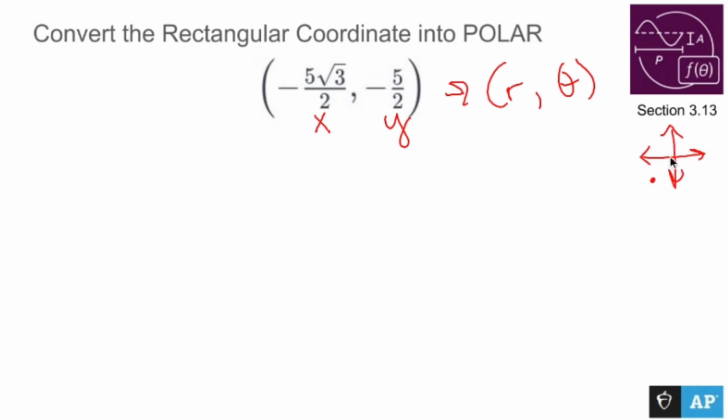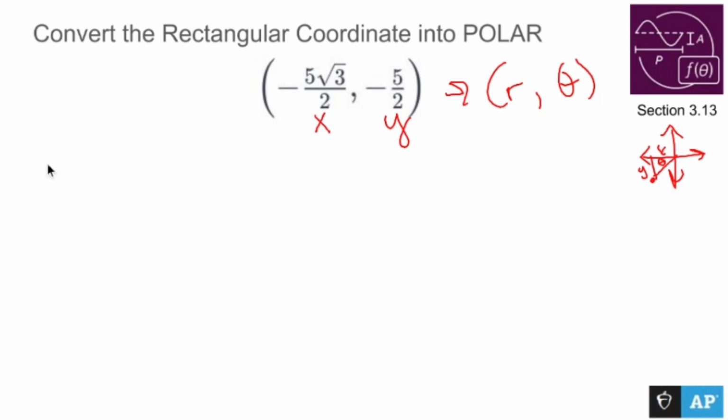What I need to figure out is, if this is my x value right here, that point's going to be over here, and it's going to be x units away. That's going to be y units down there, and my job is to find some type of theta given all this information. Well, wait a minute. If I need to find how far away that dot is from the origin, and I know that this is kind of like a right triangle, and I know one leg of a right triangle and the other leg, and I need to find the hypotenuse, why don't I just use